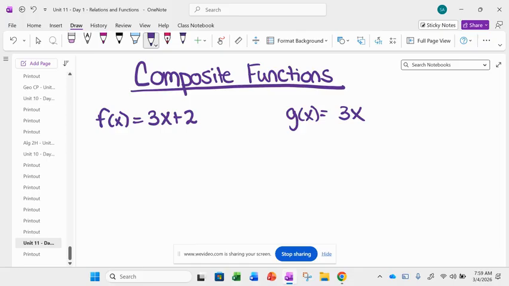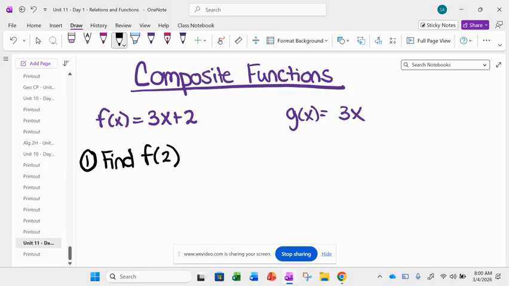Good. No restricted domain. What does that mean if there's no restricted domain? Then what is our domain? All real numbers. Very good. So for both of these, we do not have a restricted domain. This is not part of what I'm doing now. Just wanted to show you what that would look like. So now let's say I ask us to find